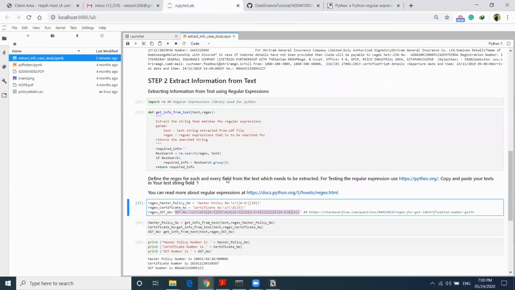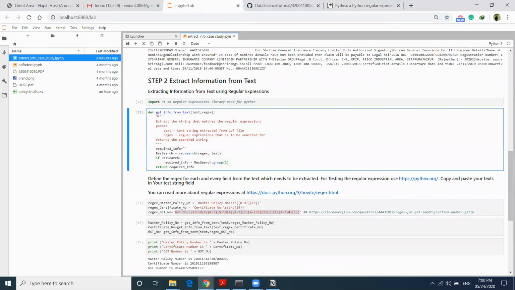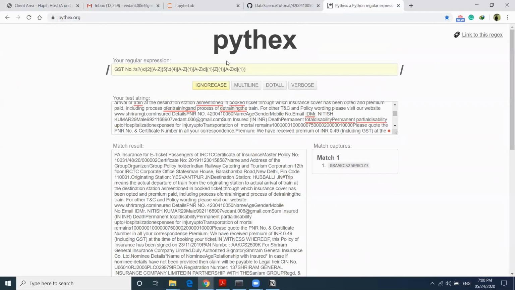We now have the regular expressions of all three fields we want to extract. Then I have written one function, get info from text, in which I am extracting group 1. Whatever we have included in parentheses is group 1.